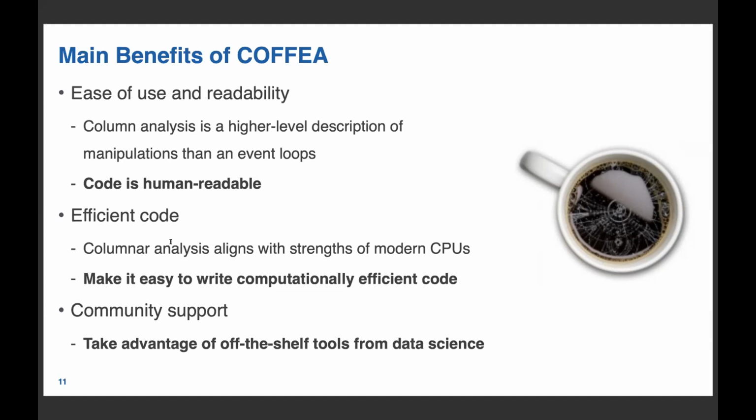So taking advantage of the fact that columnar analysis aligns with the strengths of modern CPUs, using a columnar approach makes it easy to write computationally efficient code. And last but not least, there is community support. So Coffea takes advantage of a lot of the tools that have been widely used in the data science world, and community support is crucial for the quick resolution of problems,